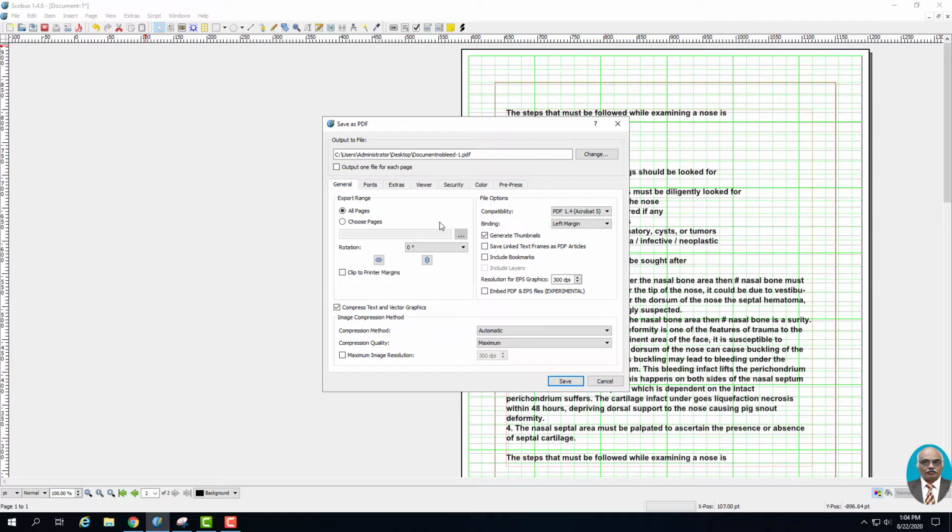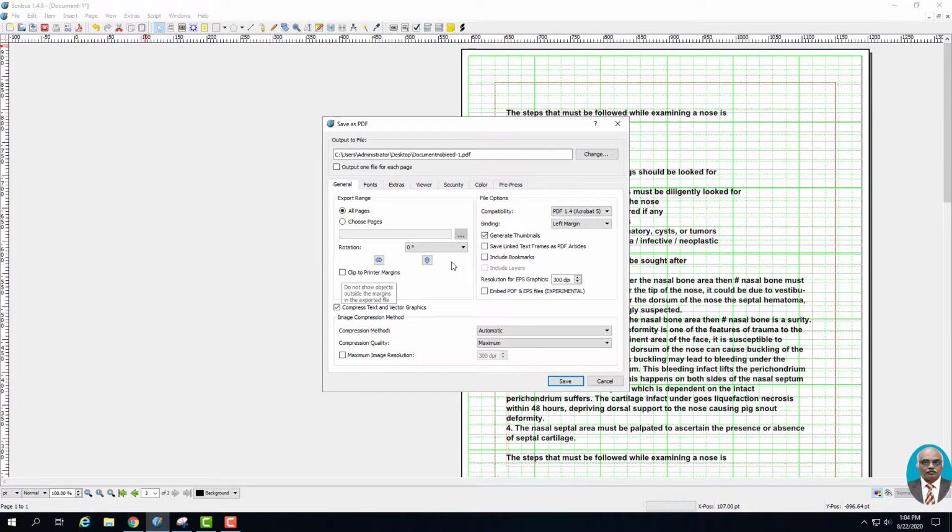But whereas at the document level, if you choose the orientation, you always have the original file with you with the same setup, with the same settings. So that is always better. But here Scribus also gives you the option of rotating the file into either a portrait or a landscape at the time of printing. That is also possible.